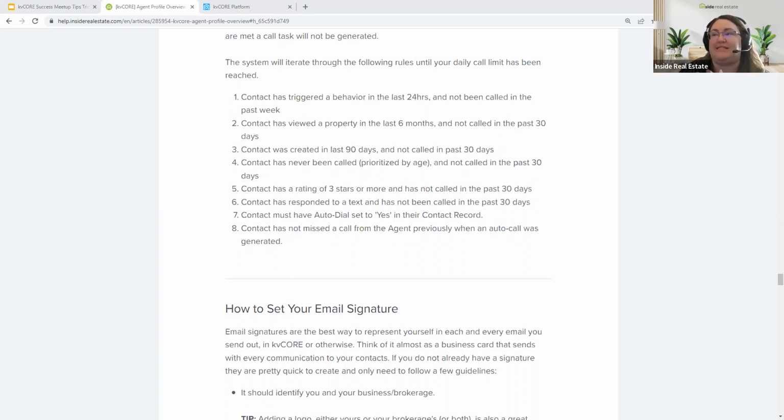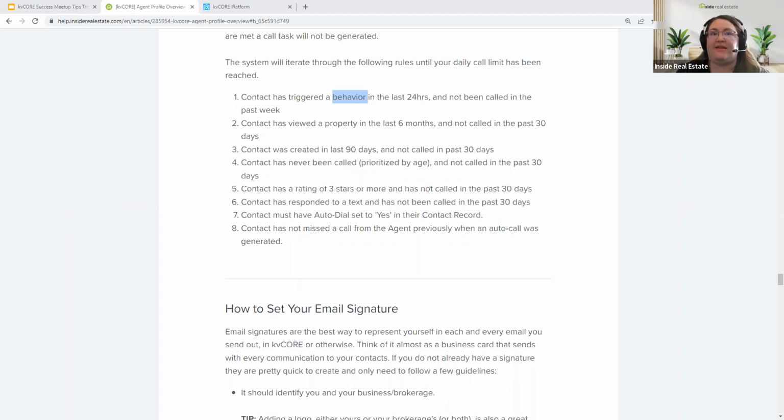So you have your statuses, that's one thing it looks for. You have their behavior, which this is their behavior. And then your behavior is whether or not you're calling them already, because it's designed to make sure you're not missing an opportunity to engage. For example, a contact has triggered a behavior in the last 24 hours. This is behavioral automation behavior. Again, it's something very, very specific. Let me chat you an article about that as well. Oops, I can't spell behavior.